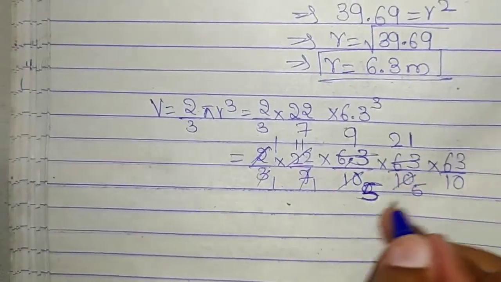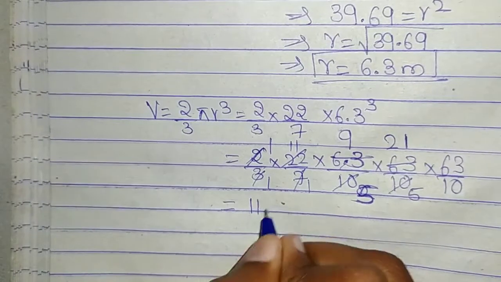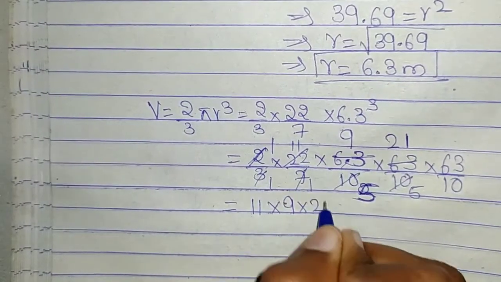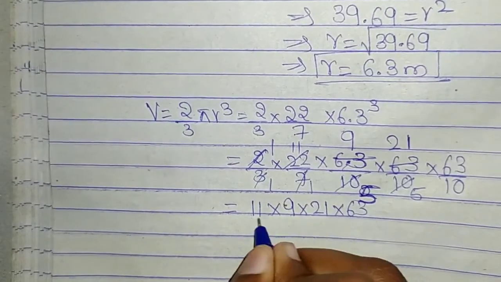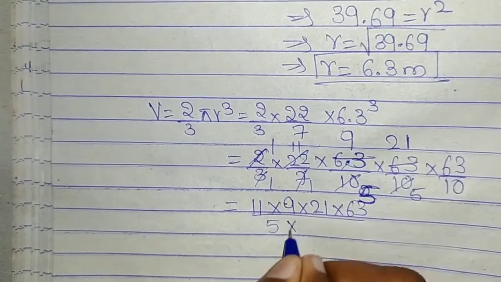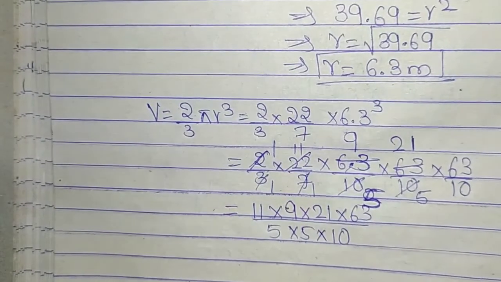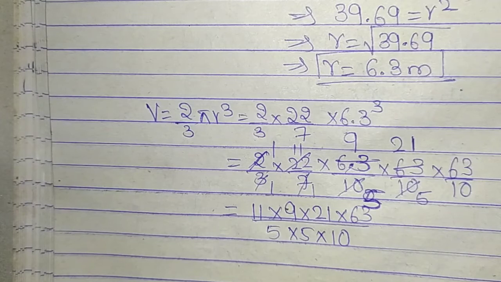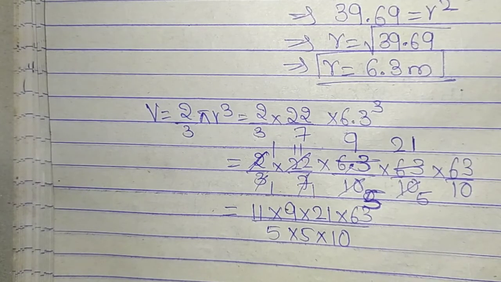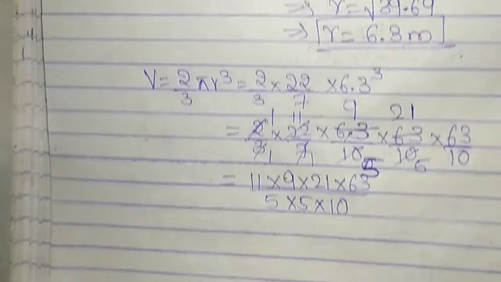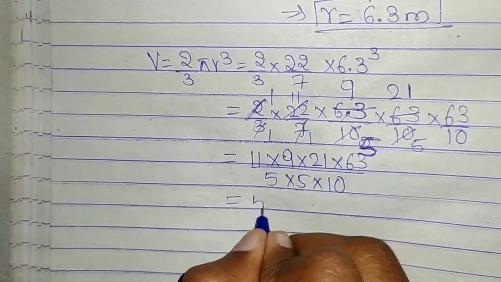So on eliminating everything, we have 11 into 9 into 21 into 63 divided by 5 into 5 into 10. So on simplifying, we get 11 into 9 into 21 into 63 divided by 5 into 5 into 10, which is equal to, this whole thing will be simplified to